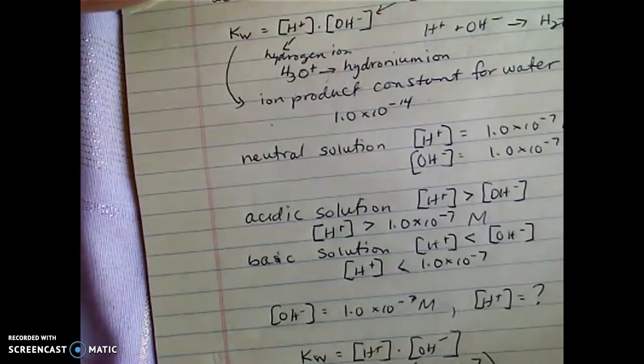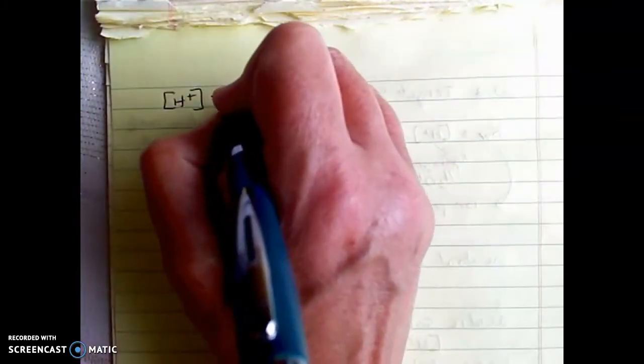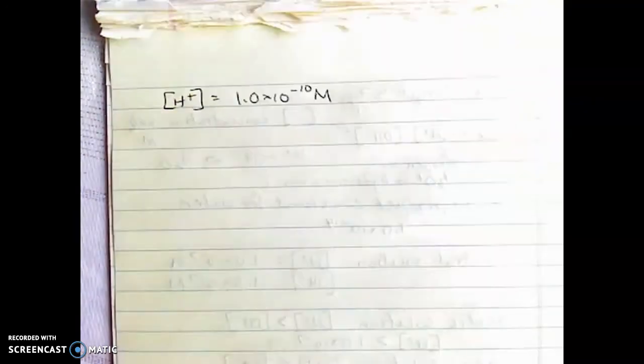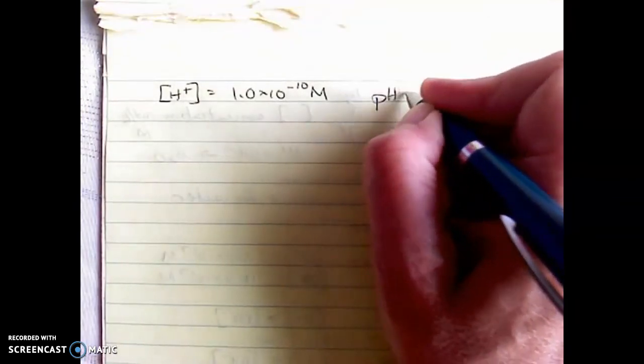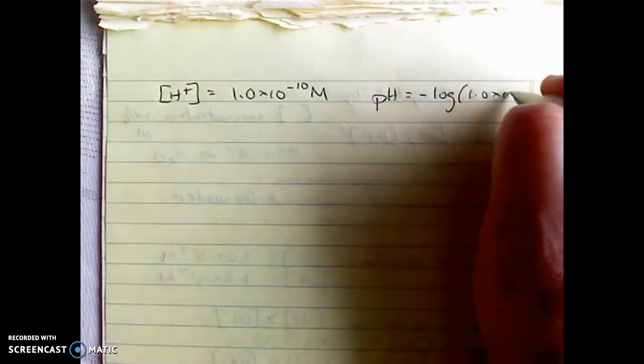Let's try another one. We'll just try variations. If my concentration of hydrogen ion is 1.0 times 10 to the negative 10 molar, what is my pH? Okay. So again, pH is equal to negative log the concentration of 1.0 times 10 to the negative